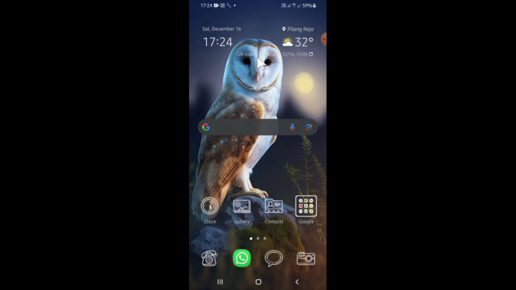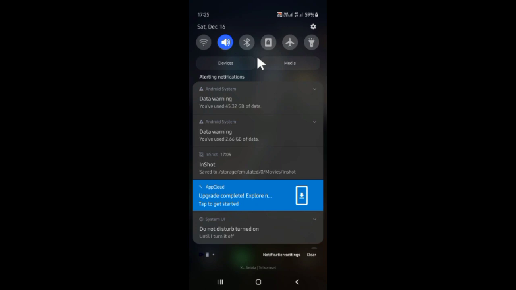Today's video I'll be showing you how you can transfer photos or videos from your Android phone to your laptop or PC. Alright guys, here I have opened my Android phone, and if you want to transfer the photos or videos from your Android phone to your PC or laptop, you have to connect your Android phone to the PC or laptop. And here I have connected my Android phone to laptop. I connected my Android phone with the USB cable to my laptop,